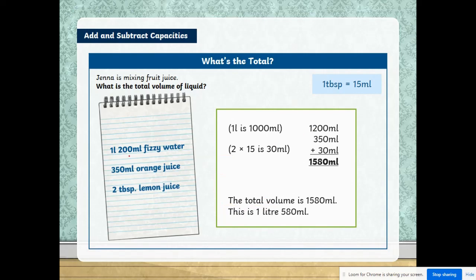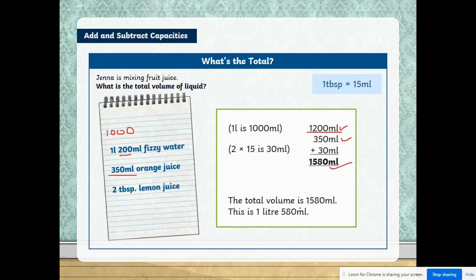So here 1 liter and 200 milliliters is given, and we have to convert everything into milliliters. So 1 liter is nothing but 1000 ml, correct? And then to this 1000 ml we add this 200. So we get 1200 milliliters. Okay, so this plus 350 milliliters, we don't need to convert this because this is already in milliliters. And here we had got the answer as 30 milliliters when we added the amount of 2 tablespoons. Okay, so when we add them together, we get this as the answer.